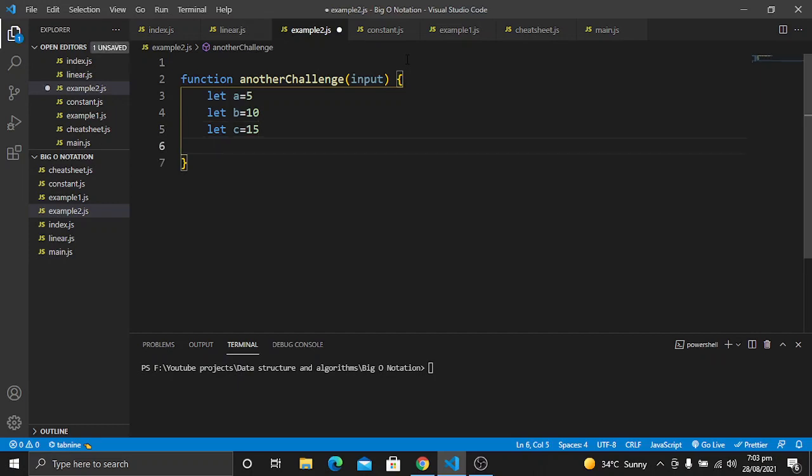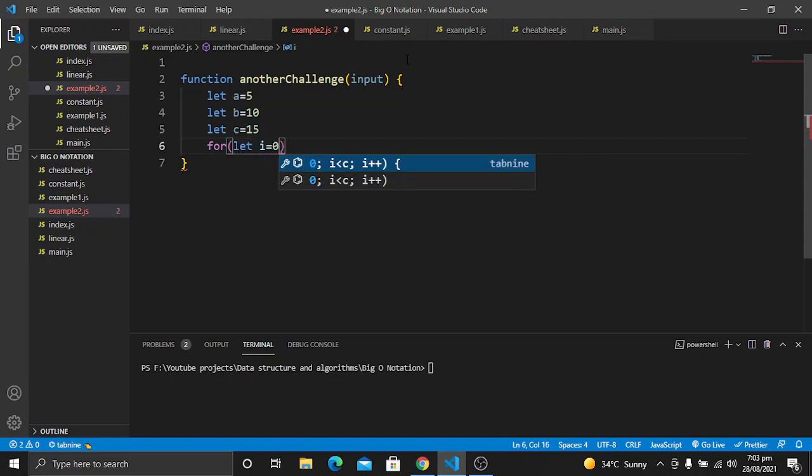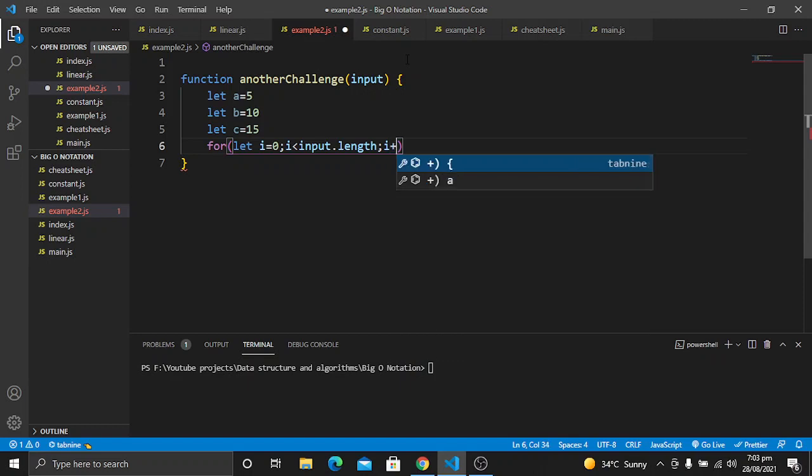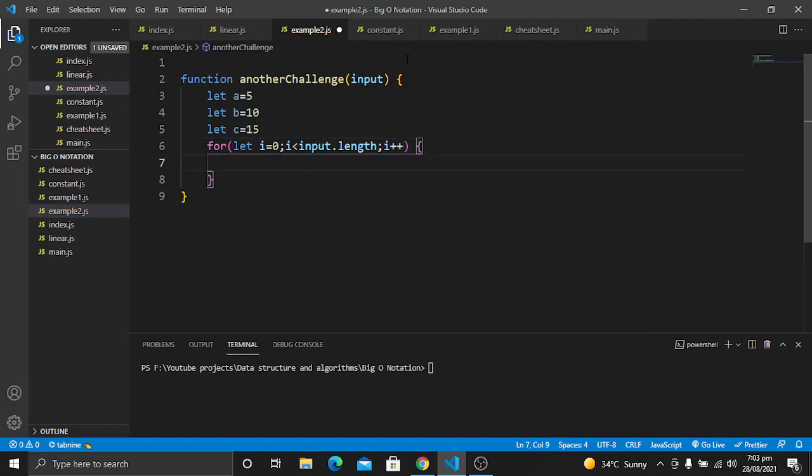So first of all, let's run the for loop. It will be let i is equal to 0, i will be less than input.length, and then we will increment this i. After incrementing it, I want to perform some actions.